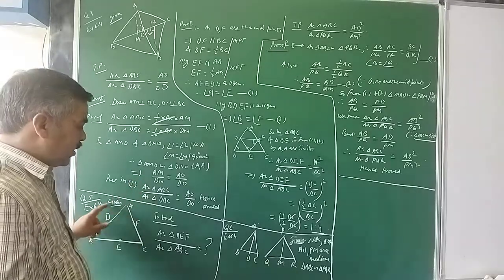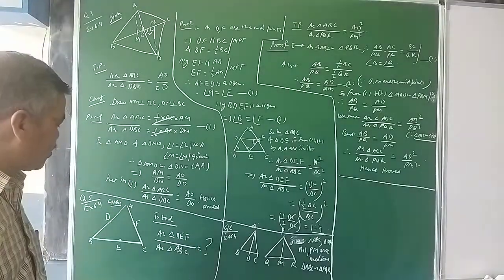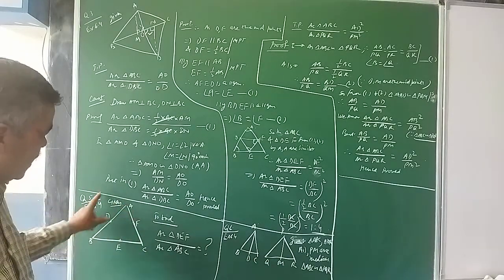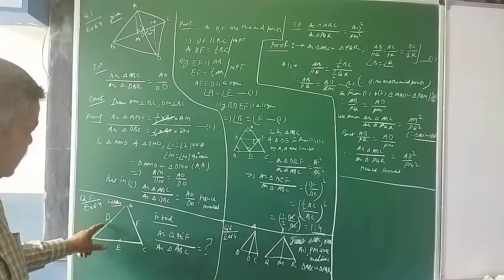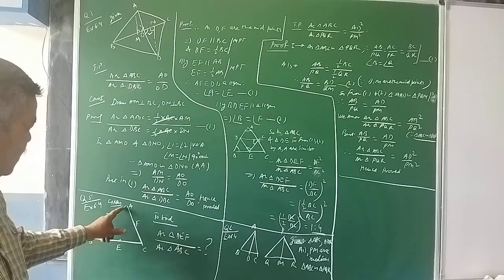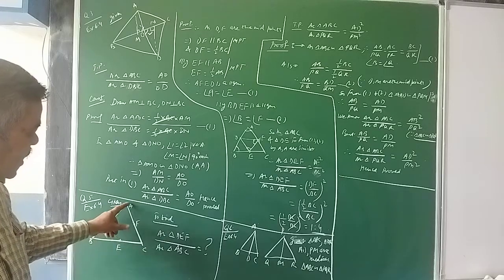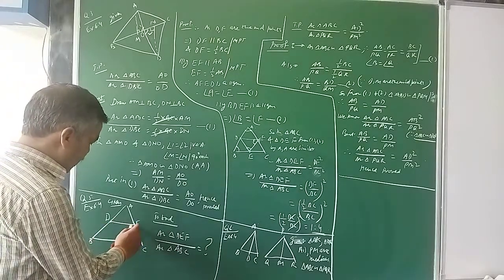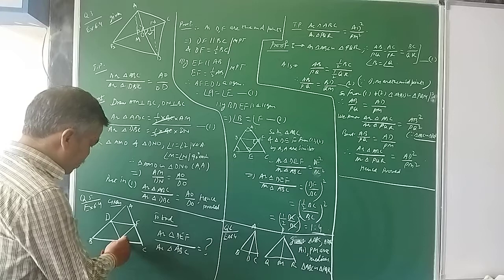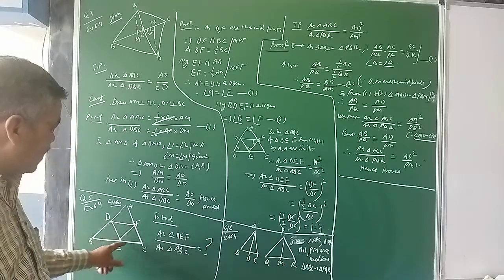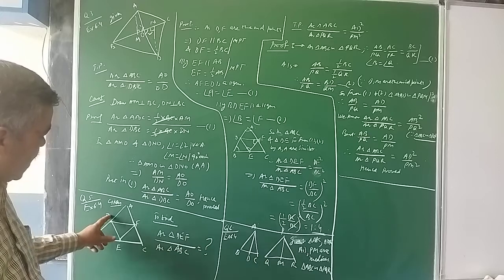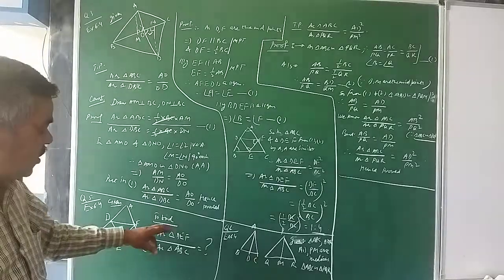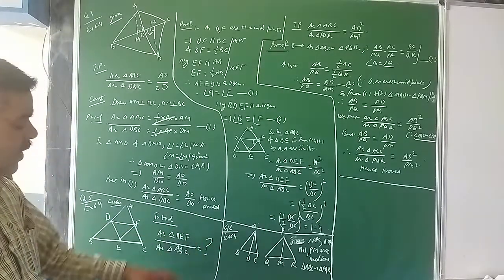Next, question number 5. Again, a very interesting question which you did in class 9 also. The application of midpoint theorem. There, one whole triangle ABC is given to you and their respective midpoints are there. D is the midpoint of AB, E is the midpoint of BC, and F is the midpoint of AC. Now you need to prove, if I join these midpoints, I will be reaching this triangle DEF. So I need to prove the area of this triangle to that of the area of the whole of this triangle is equal to what? That ratio I have to determine.